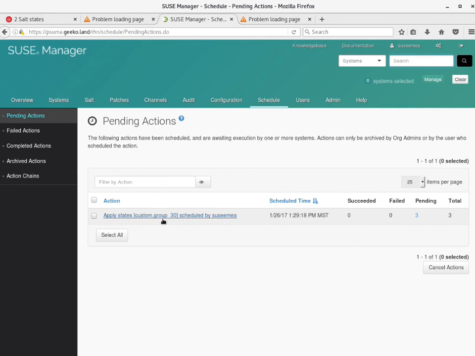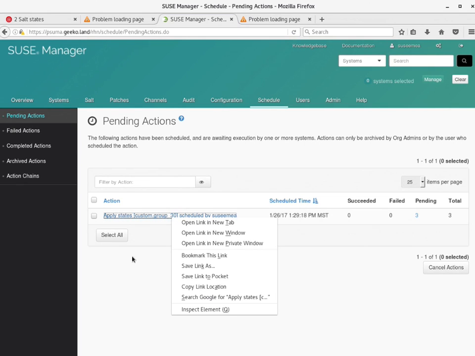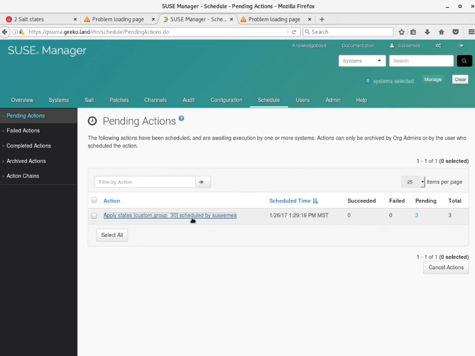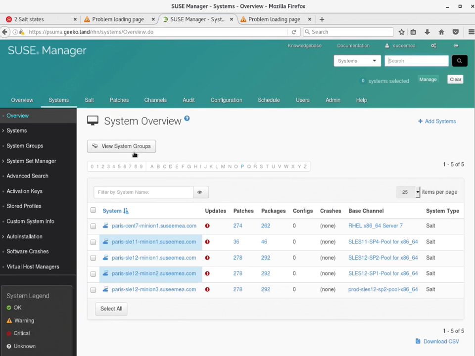And it uses this custom group, this designation number is 30. This is internally referenced by SUSE Manager. We chose it by the system group that corresponds to SLES 12 SP1 systems. So while this is applying, I'm going to basically repeat the process and do it for the Red